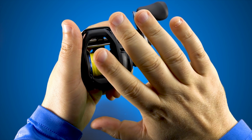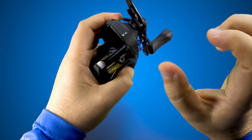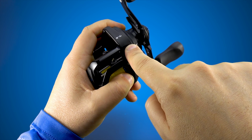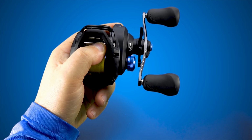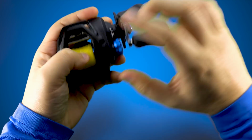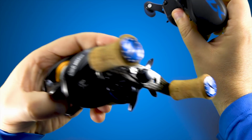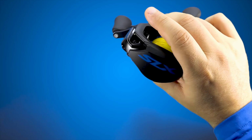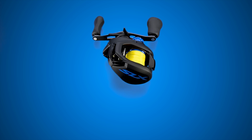My favorite has to be the Shimano Tranks, the 300 and 400, where they actually remove those Belleville washers and it just runs drag star direct to the clutch sleeve. You just go 1, 2, you're at 10 pounds of drag, you're at like an ounce of drag. Really cool feature. Not necessarily the case on this, but it's closer than the ones that take you like 6 turns to get anything out of it. So that's a plus, which is what you find in a lot of the Abus that don't have that fancy drag. And yeah, so would I recommend this to people after 1,000 casts worth of, nothing crazy, no big fish caught,